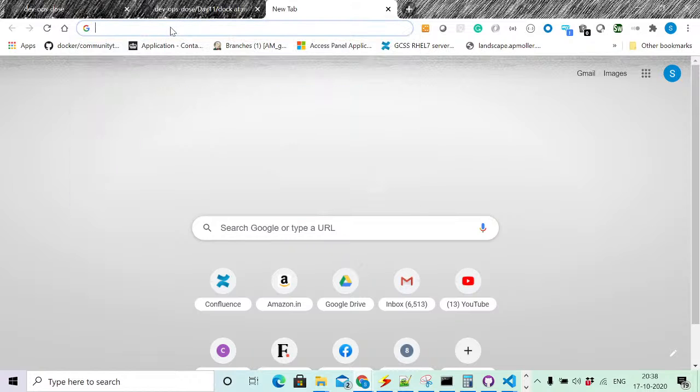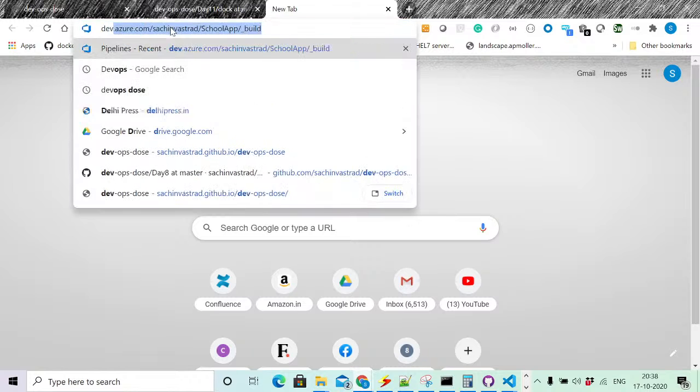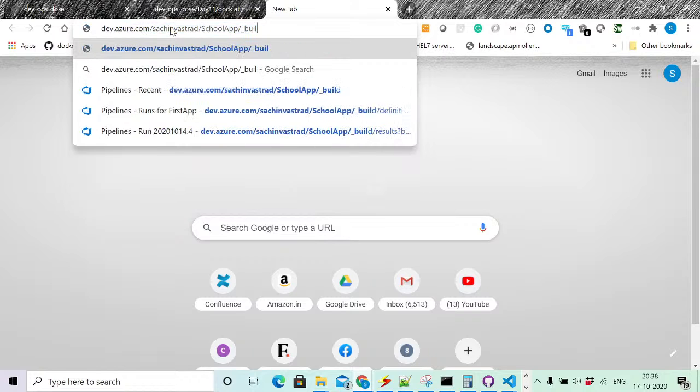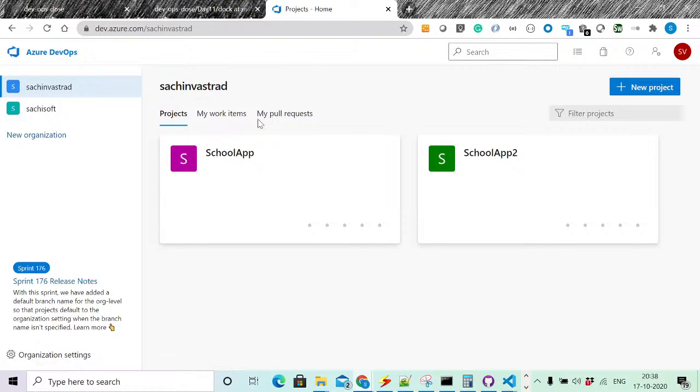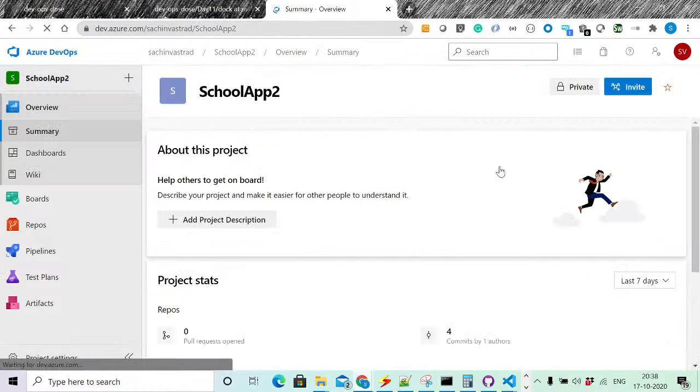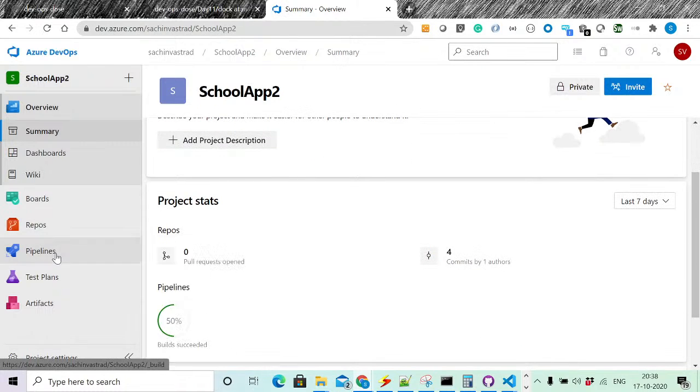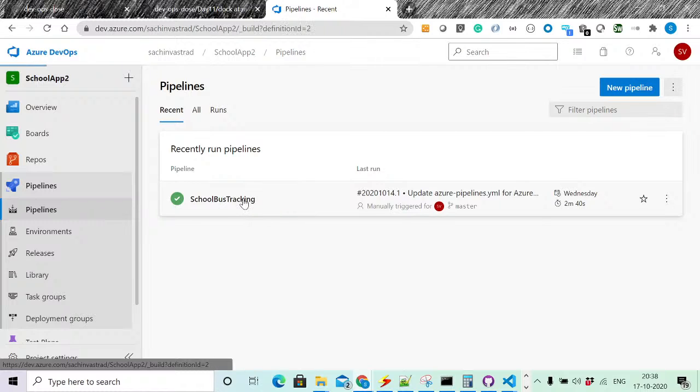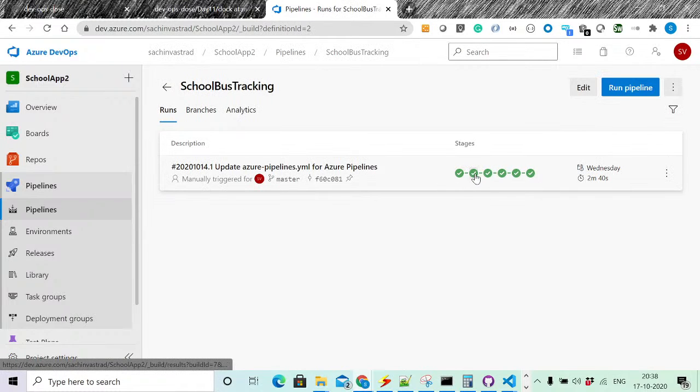Now let's try to do it using Azure. To do that, go to dev.azure.com. I have two projects. One I'm experimenting with, and if you remember, day before yesterday we did some experiment here, and we also built our basic pipeline, how it should look. There are different stages, but today we are going to cover only one part of this, that is the building of this